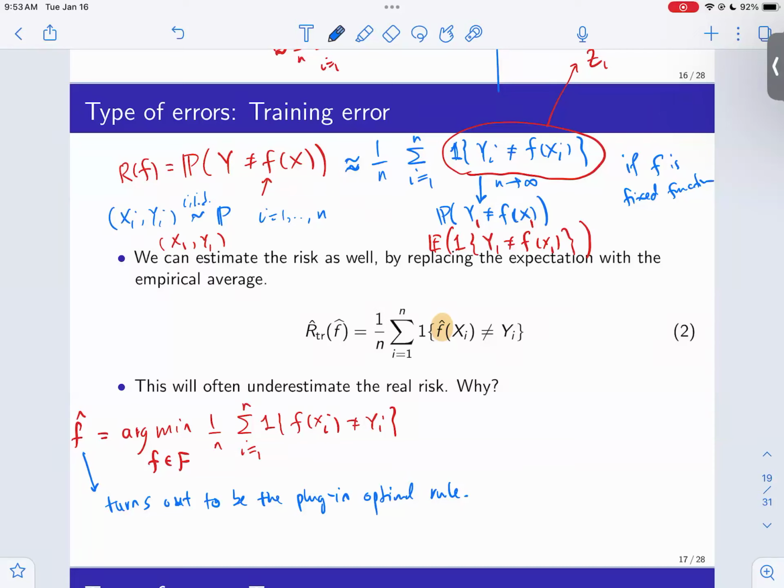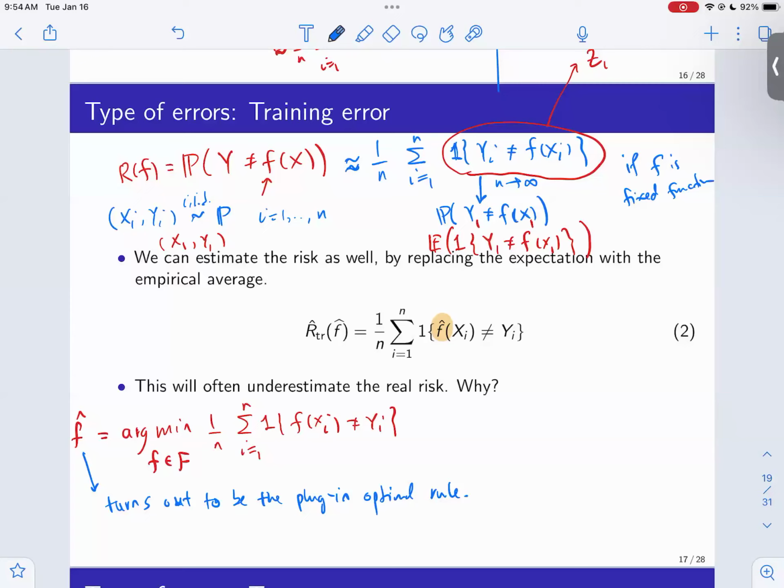tell you that. And what happens is, in practice, you will underestimate the real risk, because for the real risk, I've seen n samples, but there are infinitely many more samples as well. So you perfectly match these, but this might do a lot worse on an unseen example. Okay, and this really measures the average over all the possible samples. It's like the infinite sample rate. The reason it underestimates is because it overfits on the training data.